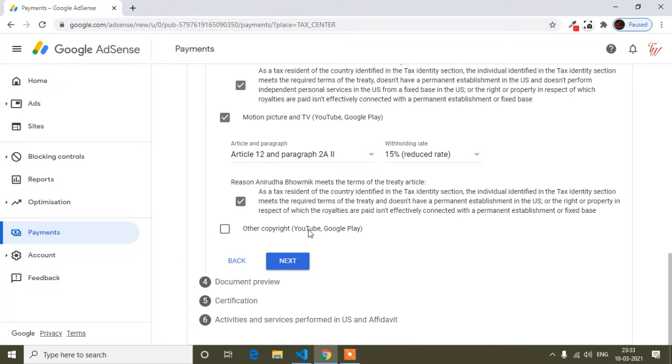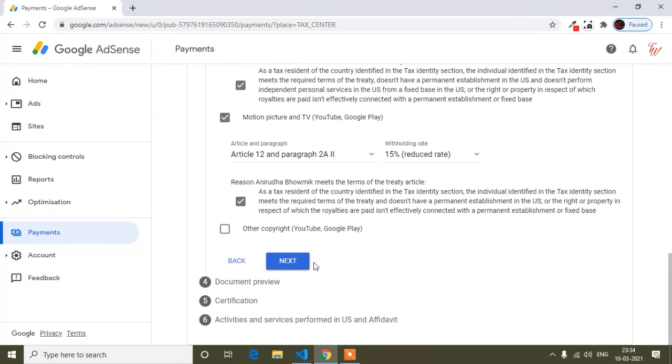And guys, here is the copyright option. If you upload any copyrighted video, I mean sometimes if you have seen a comedy or roast video, they upload some copyrighted videos for 30 seconds or 1 second, and after that they roast it. In that case you can choose this option. Here I will not choose this option because I don't upload any copyrighted video.